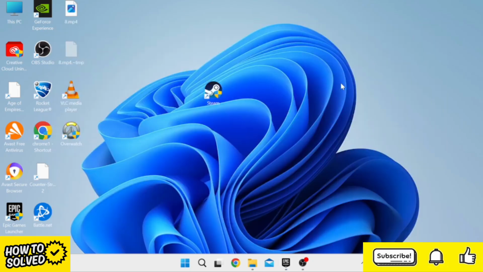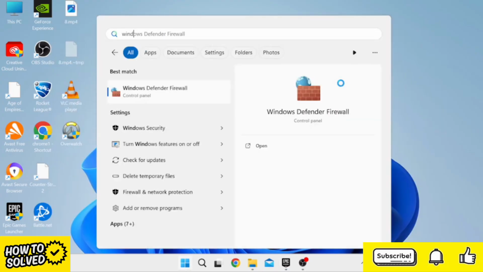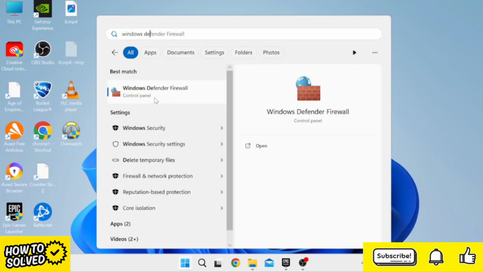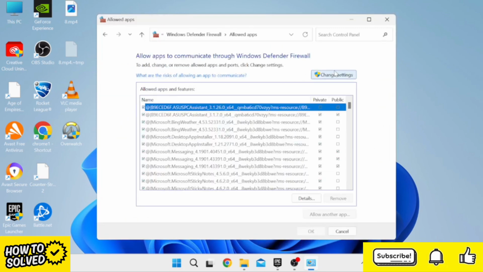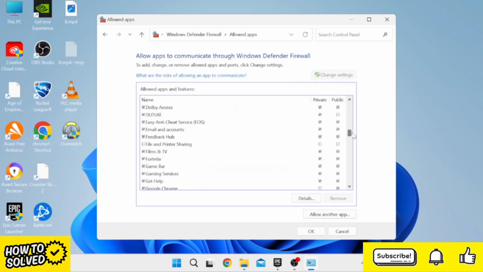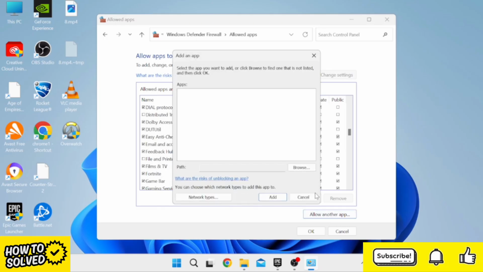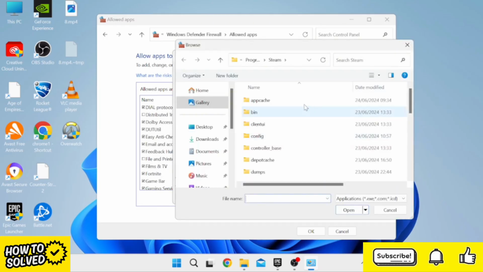And the last thing we're going to do is just change some firewall settings, which you can do by heading to the Start menu and searching for Windows Defender. Come over to Windows Defender Firewall, and from the left you need to select Allow an App or Feature through Windows Defender Firewall. And we're going to go ahead and press this Change Settings button and come down this list, and what we're looking for is Epic Games Launcher. Now if you don't see it inside of here like I don't, then what you need to do is come over to Allow Another App, inside of Browse, and then we need to find our Epic Games Launcher application,